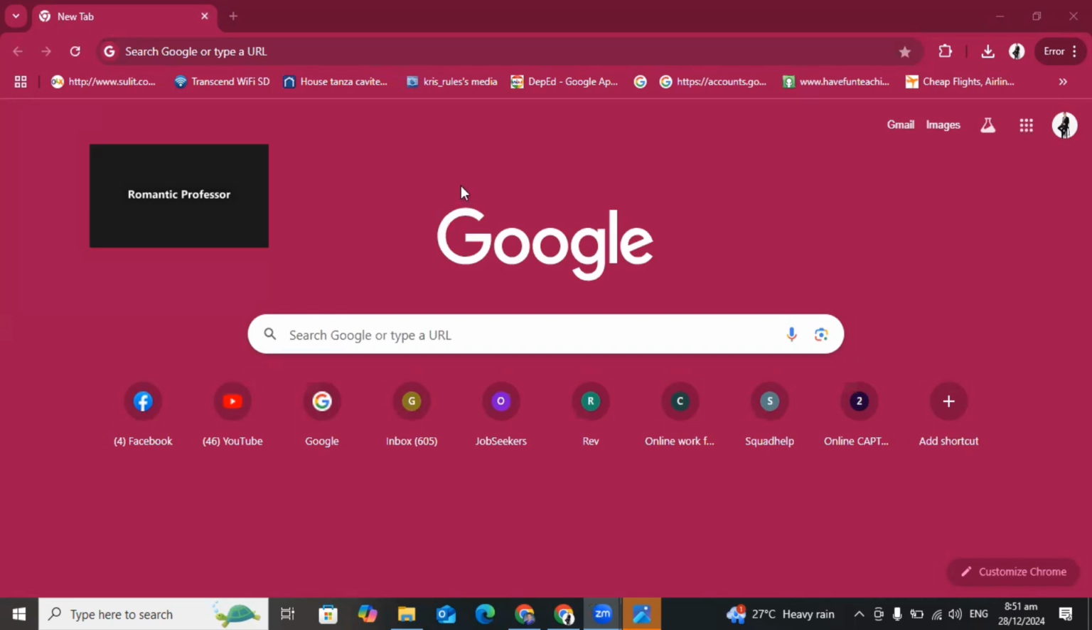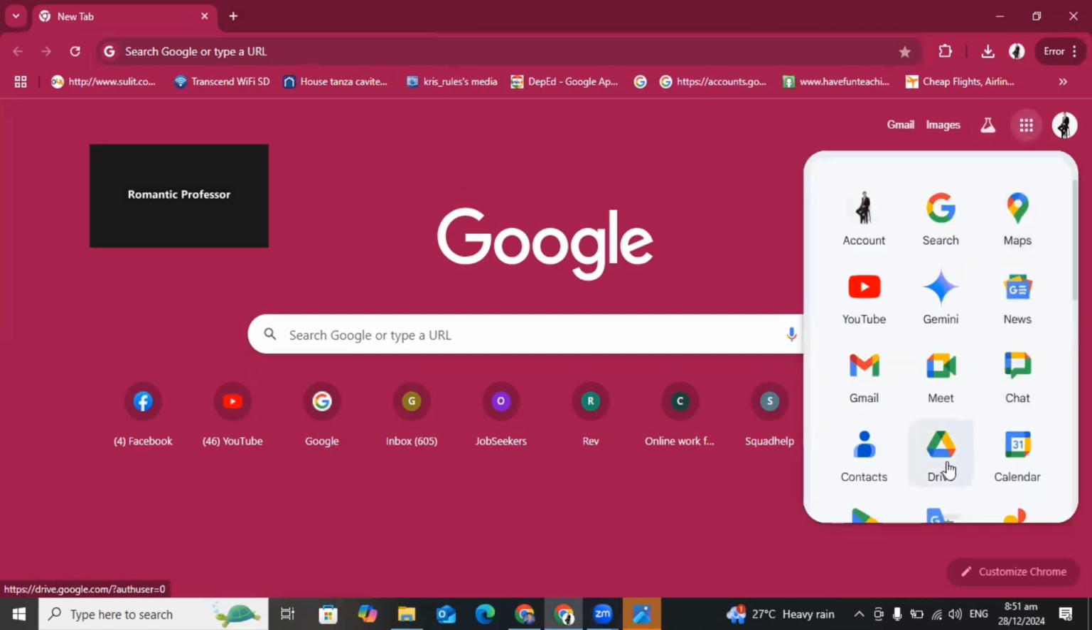So first of all, you need to open Google Chrome. And then after that, you need to make sure that you are signed in to your Google account. Once you're signed in to your Google account, click the Google Apps icon here and then go to Drive. After that,